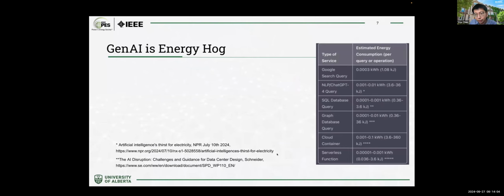Essentially they do this kind of apple-to-apple comparison. Using a Google search query, you only use a very small fraction of electricity, only 1.0 kg. If I'm using a ChatGPT query, the energy you use is 10 times or even 100 times larger. If you're doing a search task, Google can give you a set of results, although the result may not be ideal, and based on some research, compared to ChatGPT, the energy consumption is much smaller.